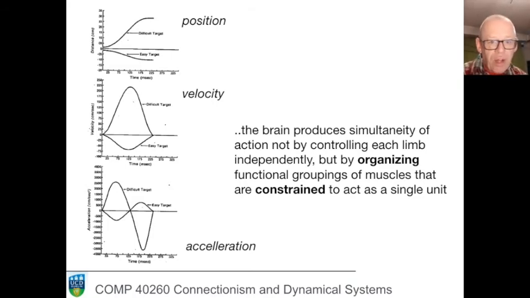And you can see the two velocity curves are very similar. You can see that the fingers reach their target at the same time and that the peak velocity is reached at the same time. Acceleration is the first derivative of this. Acceleration first rises, then reaches 0, then drops, and then reaches 0 again, because you have to accelerate to reach peak speed and then decelerate. But once more, you can see that the two hands are absolutely non-independent. Not only do they leave and arrive at the same time, peak acceleration is reached at the same time, peak deceleration is reached at the same time.